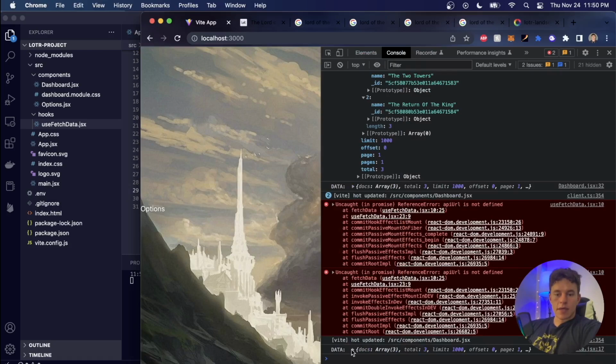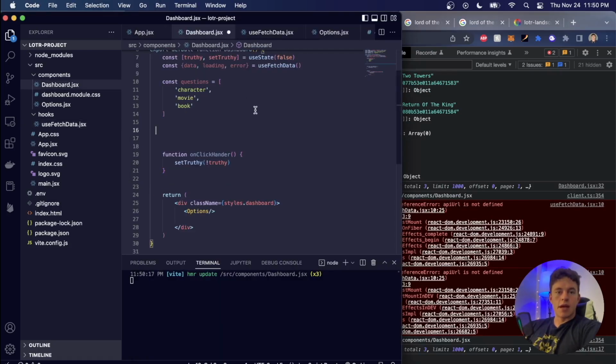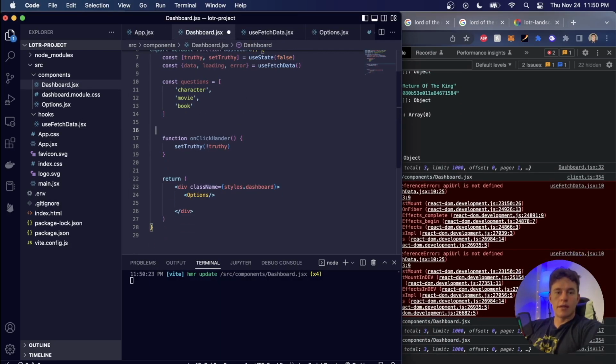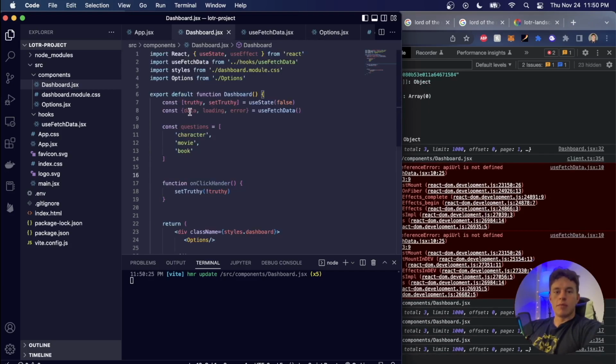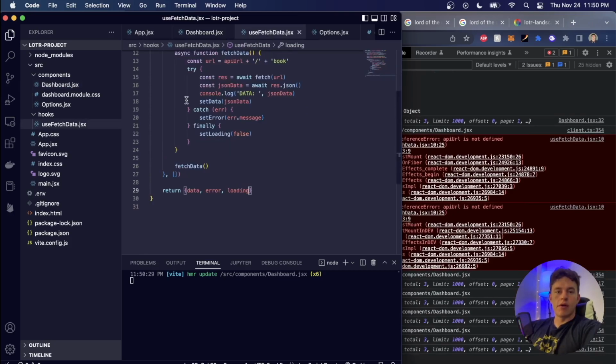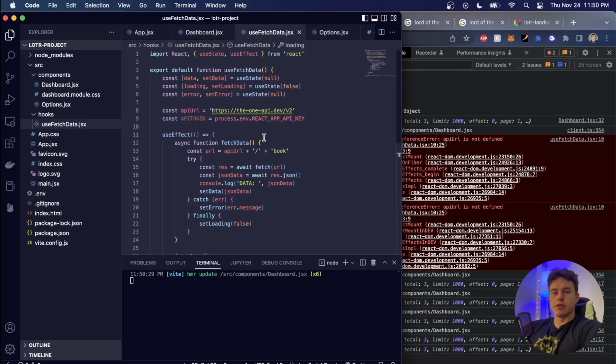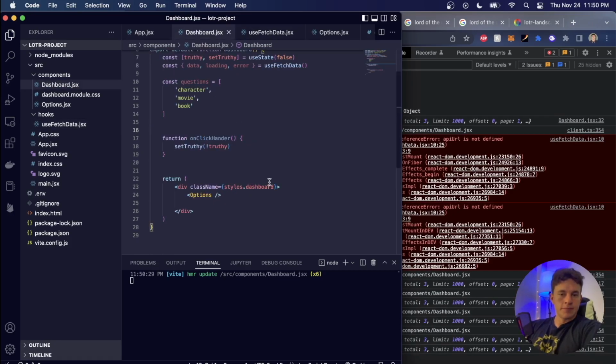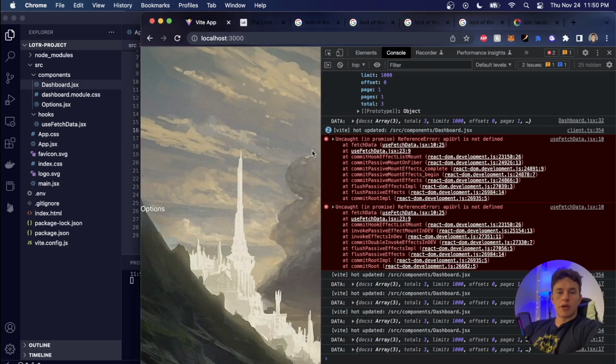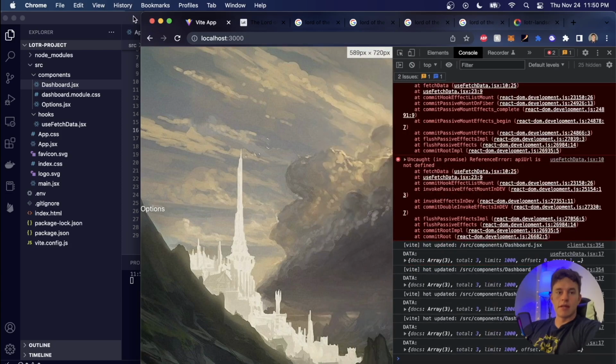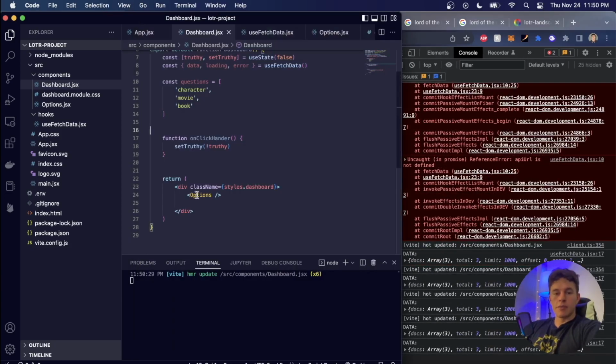And you can see that we get the exact same effect, except now our dashboard is way cleaner. And all we have to do is import these 3 variables from our hook, and our hook is separated into just our fetch data logic. So that's super cool. What if we could wire that up to all occur on a button click? Well, that's exactly what we're going to be doing now. And we're going to be doing that using our